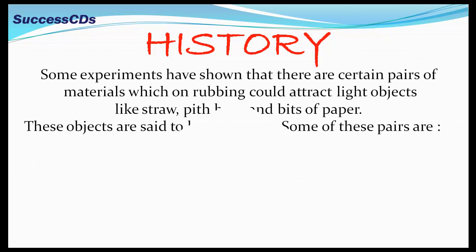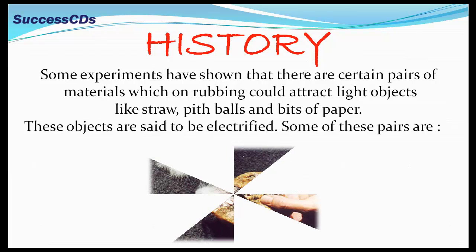History of an electric charge. Some experiments have shown that there are certain pairs of materials which on rubbing could attract light objects like straw, pith balls and bits of paper. These objects are said to be electrified. Some of these pairs are